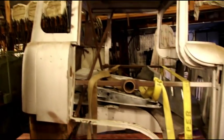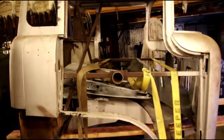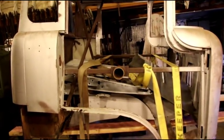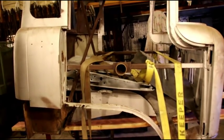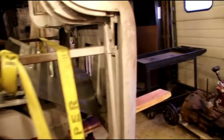So out she goes. Bare metal. I'm going to stick it in the back barn. I don't have doors on that yet, so it still will take the moist air. I'm sure it's going to get a coating of rust on it and stuff, but I just can't give up